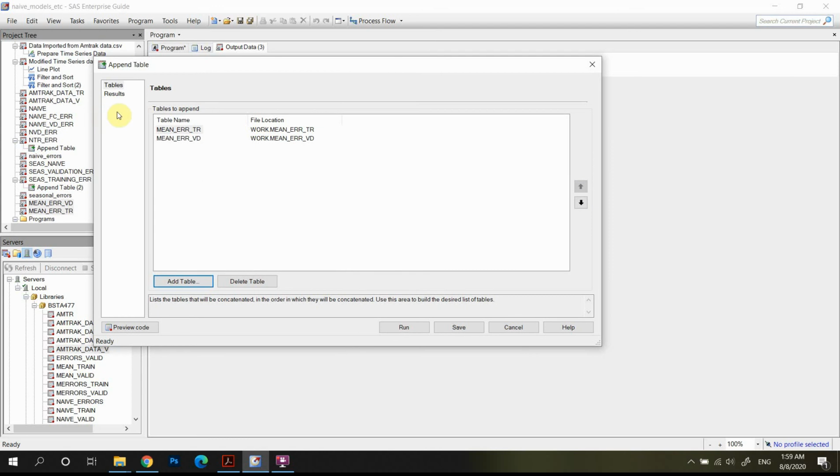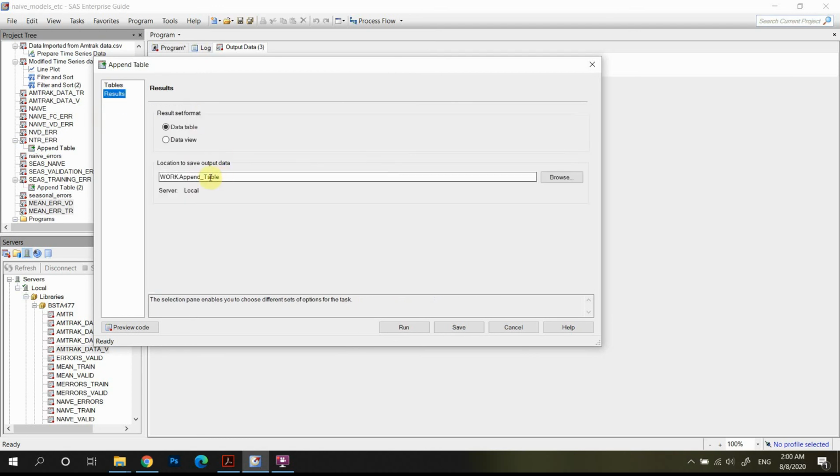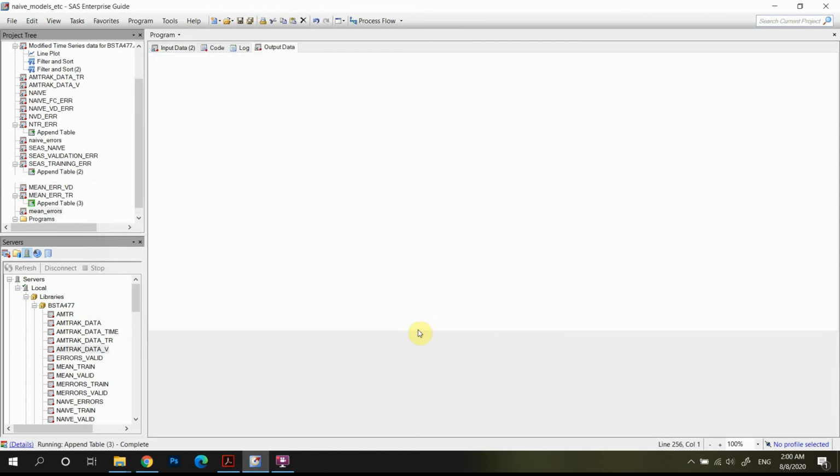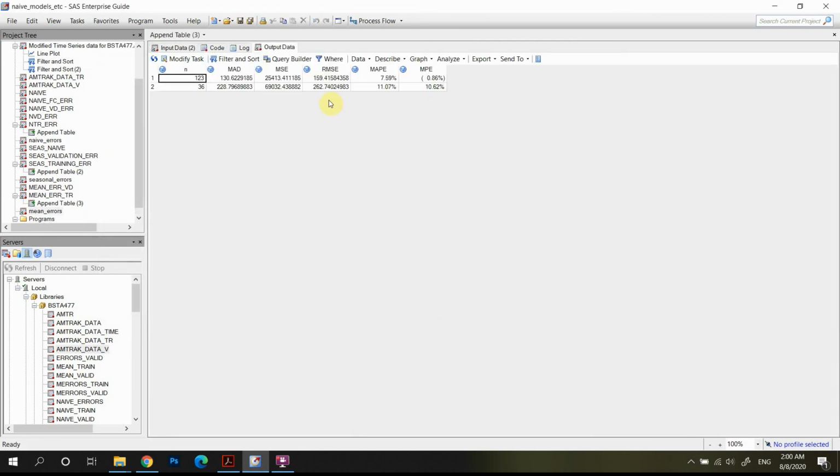Great, and again we have to move it, and in the results we are going to create BSTA 477, and it will be mean errors. Let's run it and let's see what we have. So perfect, we have now these two sets, and we can see actually that